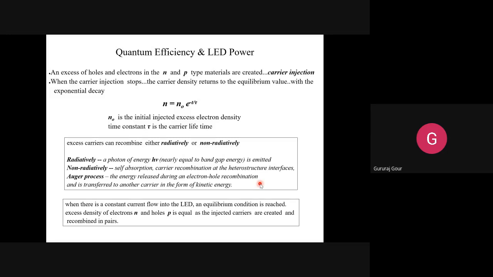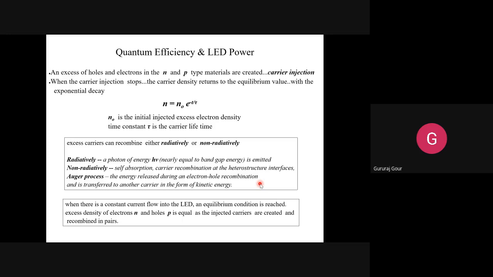So when it makes its way to the valence band and finds the hole, the electron will join it with some velocity. That is kinetic energy. With what velocity has it reached the valence band and combined with the hole? That kinetic energy is transferred from it to the hole. That process, handing over the energy from electron to hole during the recombination, is known as the Auger process. That's all.